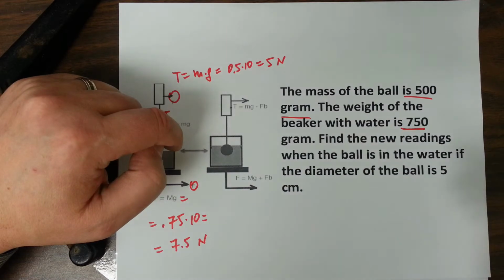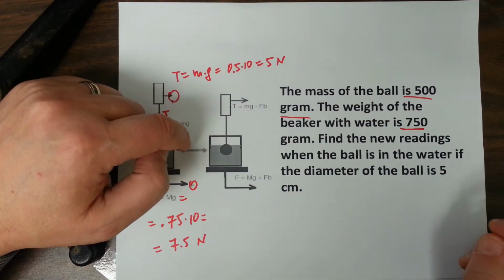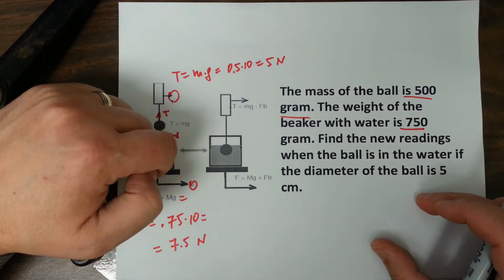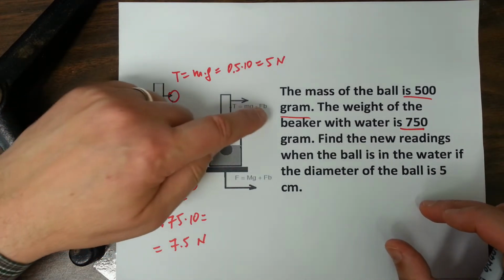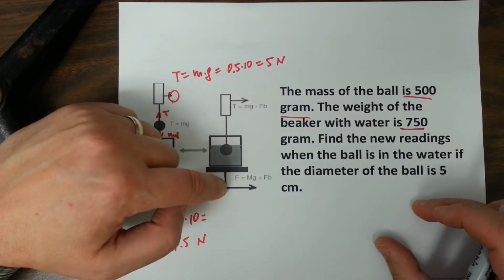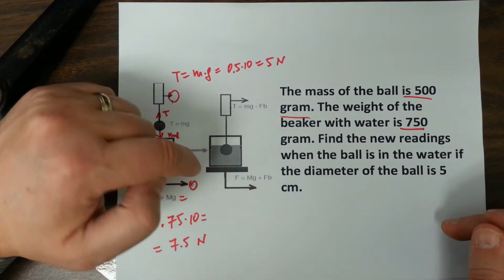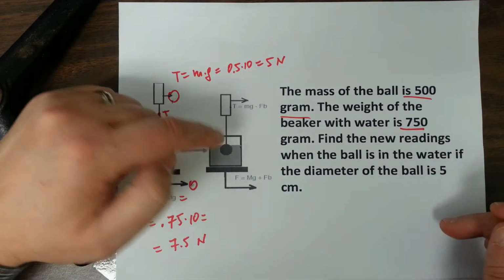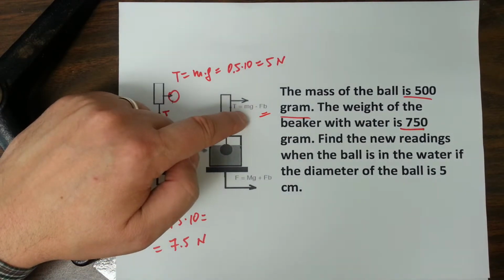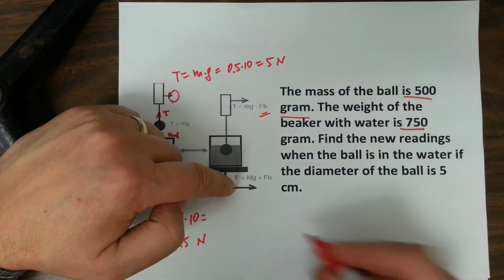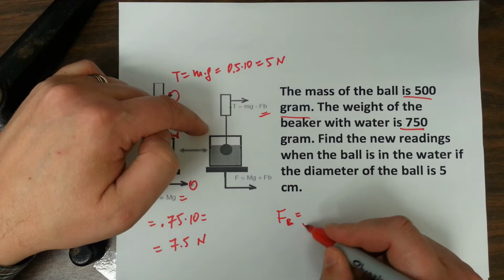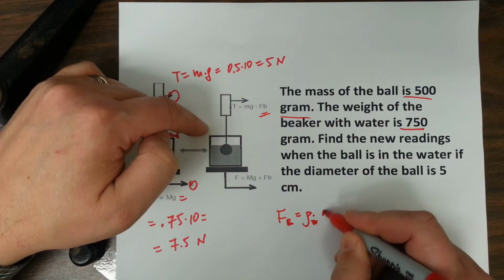However, by Newton's third law, there is a force acting from the ball on the water, and that force has the same magnitude but opposite direction to the buoyant force. That changes the reading of this scale by the same amount but in opposite direction. So all we have to do is calculate the buoyant force, and then we should subtract it here or add it there. And to calculate the buoyant force, we have to do again this density of water times G times the